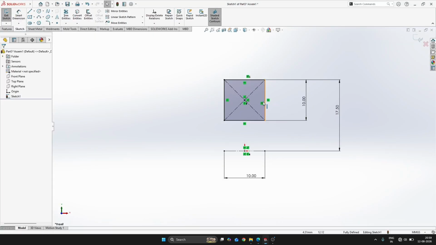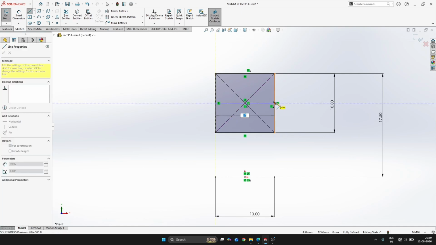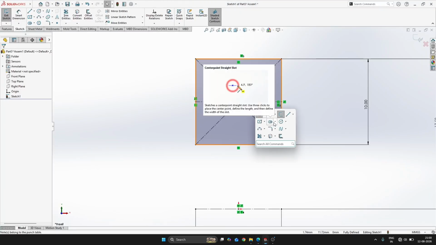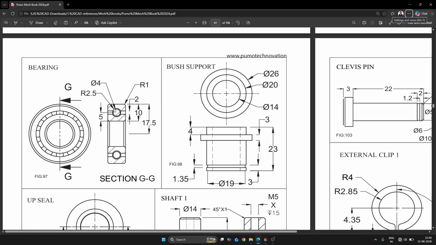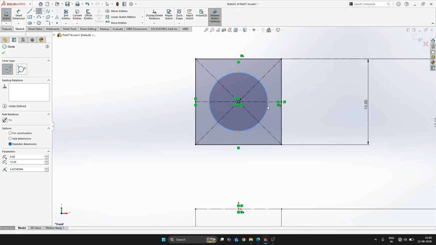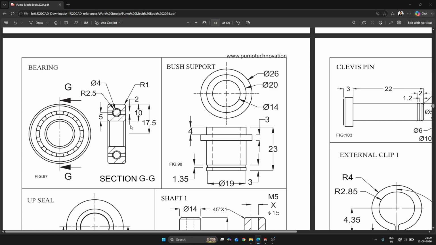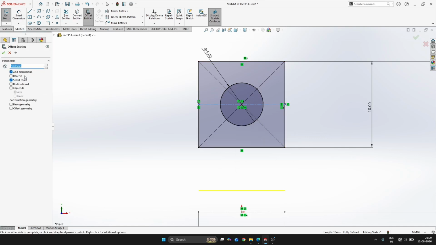Okay, so the next thing, select line command. Okay, select one circle. So what is the circle diameter? 5. Okay, and it has to be open by thick of 2 mm. So select the offset command, select this and update the value 1, enter, make sure bidirectional,